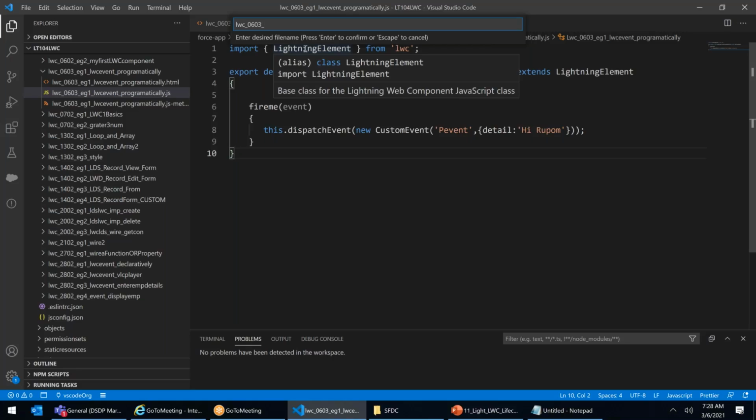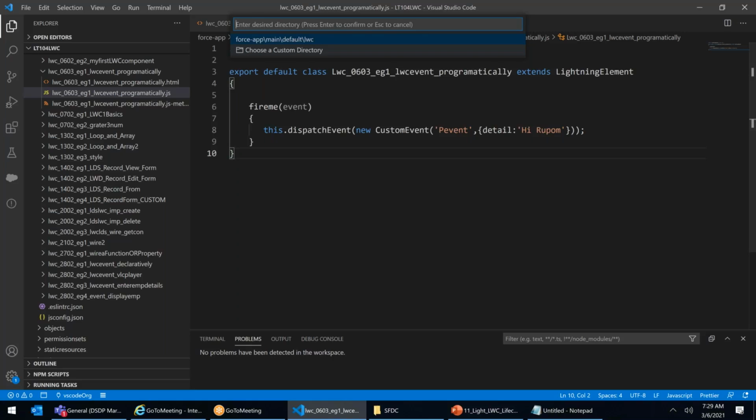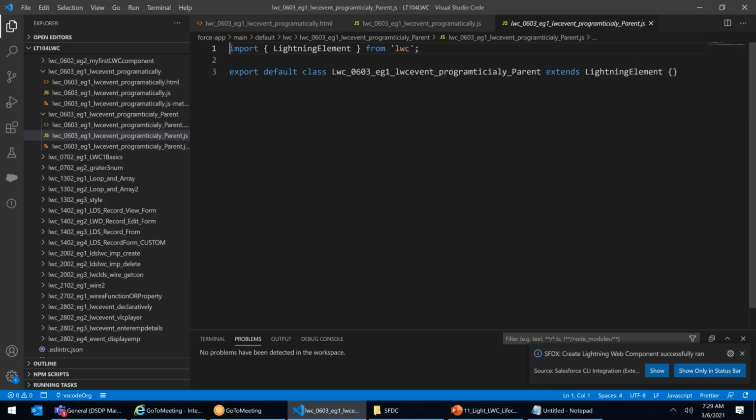0603 underscore LWC 0603 EG1 underscore LWC event underscore programmatically underscore parent. I'm creating another component called the parent component. What do you want to do in the parent? In the parent, first call